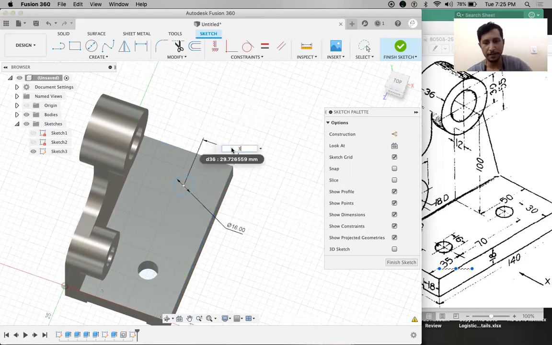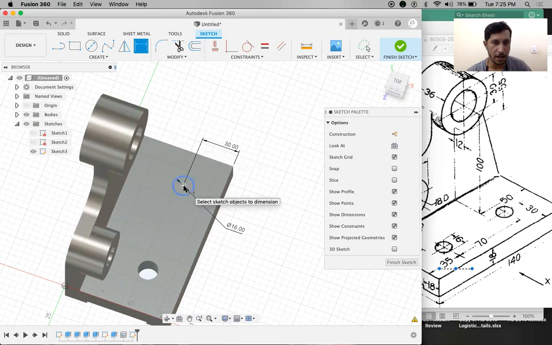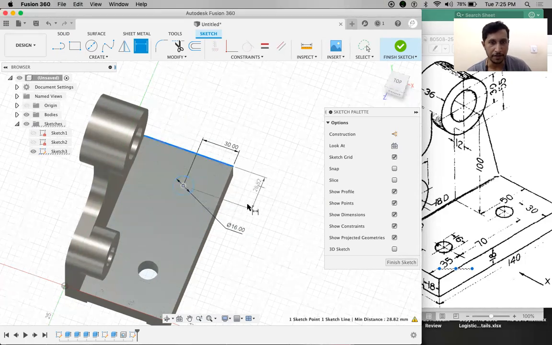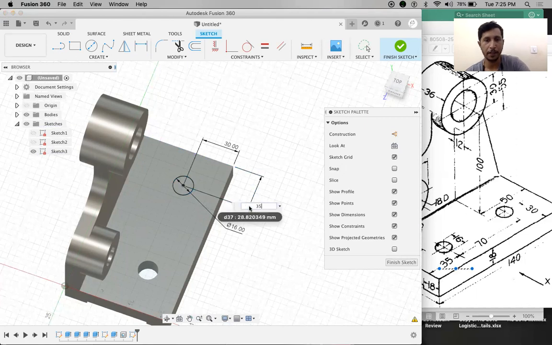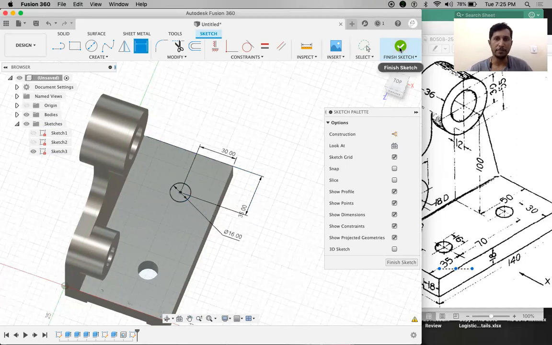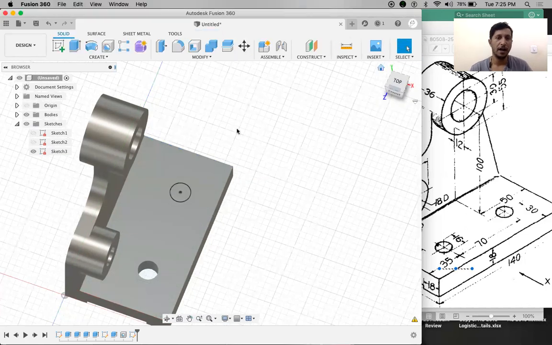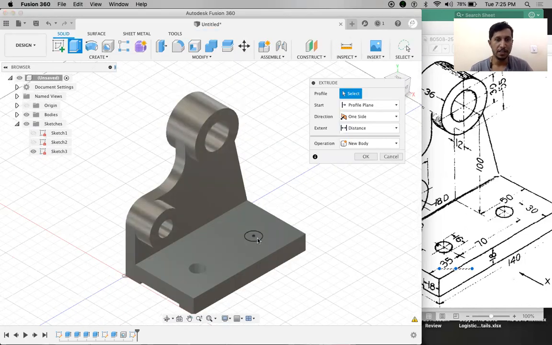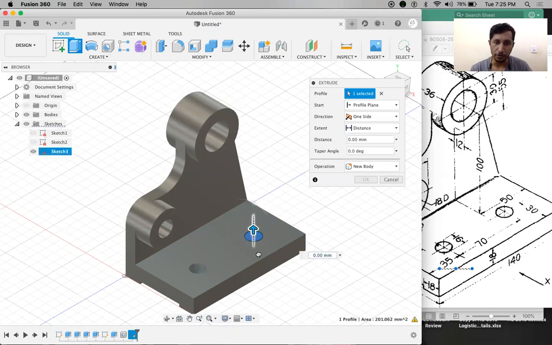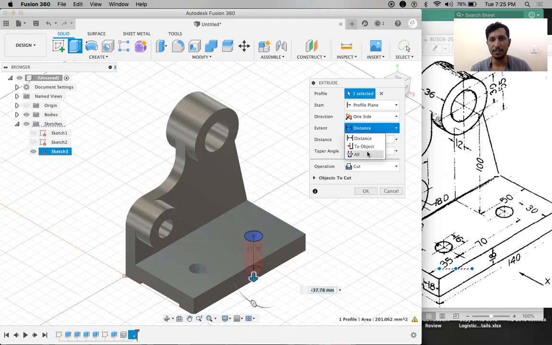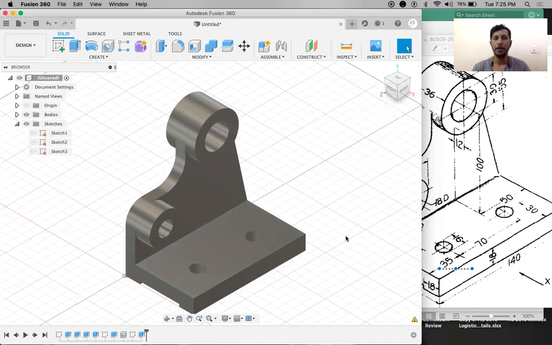So this is 30. And the dimension between this point and this point is 35. Both are the same. After finishing the sketch, I can go to the extrude feature, selecting this circle. It has to go downward to remove the material. For distance, I can select all. So both are the same, there is no difference,